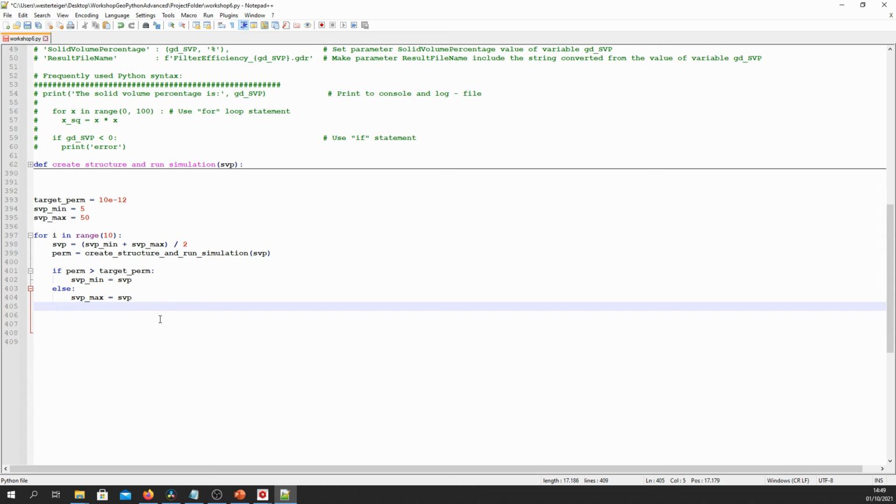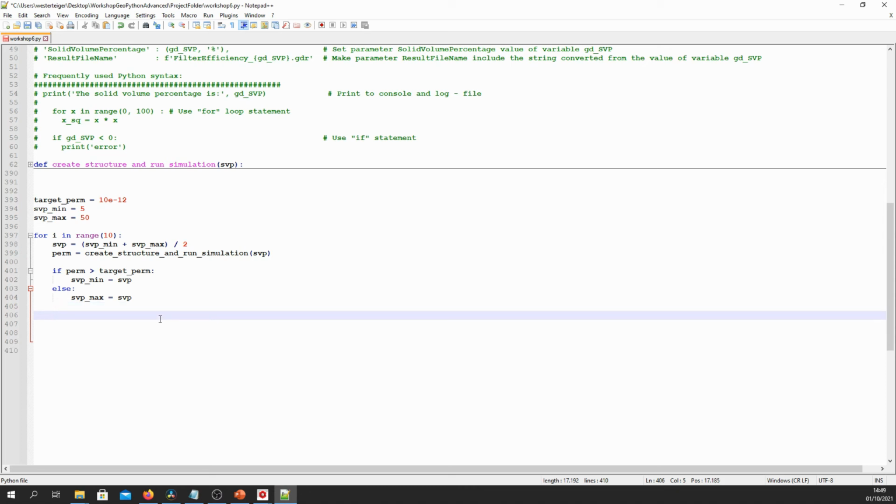So what this does is it's a simple bisection algorithm. Of course, this is an oversimplification because it assumes that the correlation between the SVP and permeability is strictly monotonous, and it also ignores the stochastic nature of the structure generation in this case.